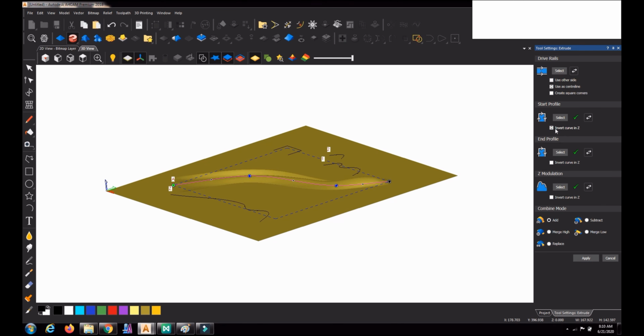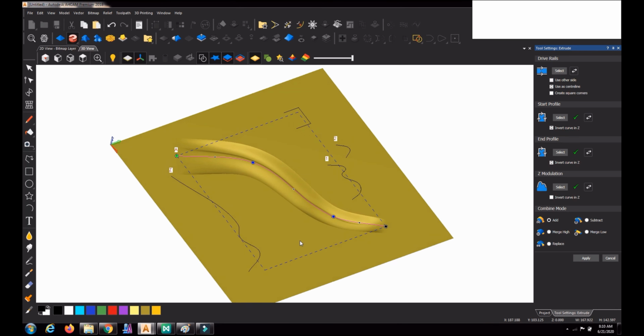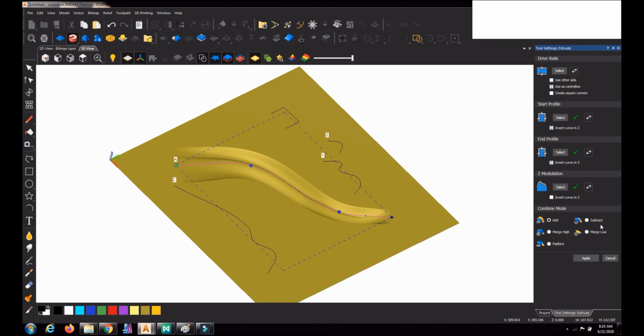Z inverse means the direction of Z changes, so this profile goes down, this profile goes up. That is inverted. So from here it is going negative, then going positive, and if you want to keep both inverse, it is equivalent to subtract.